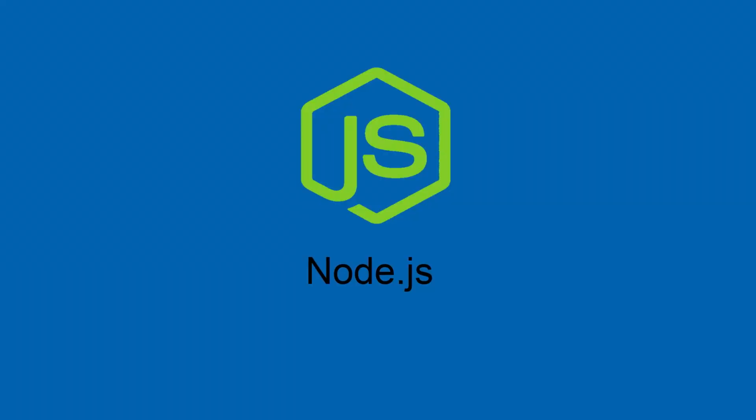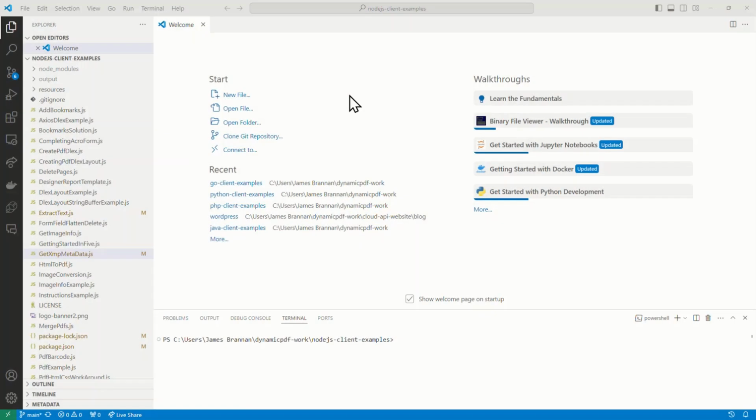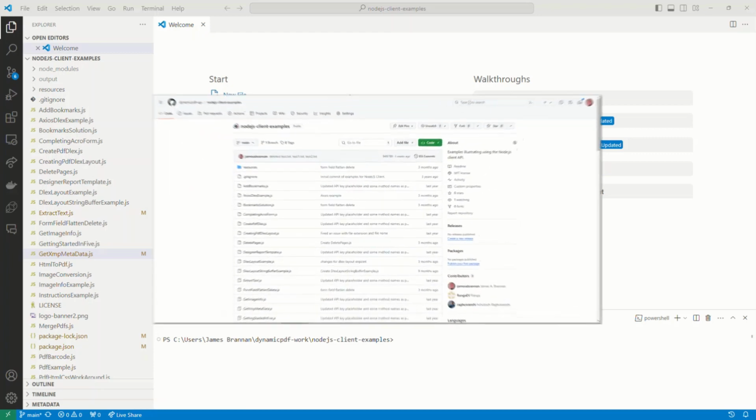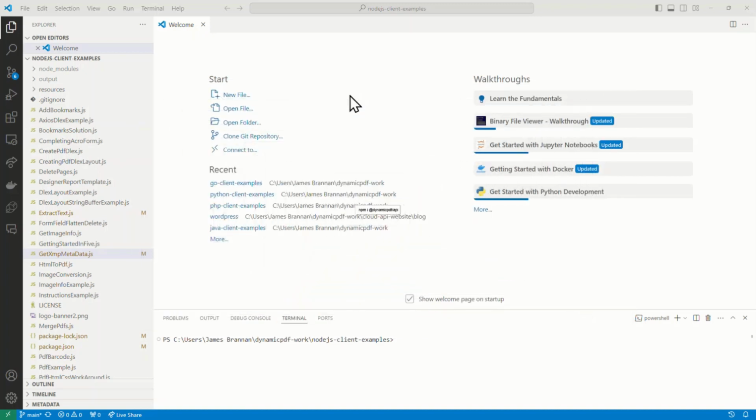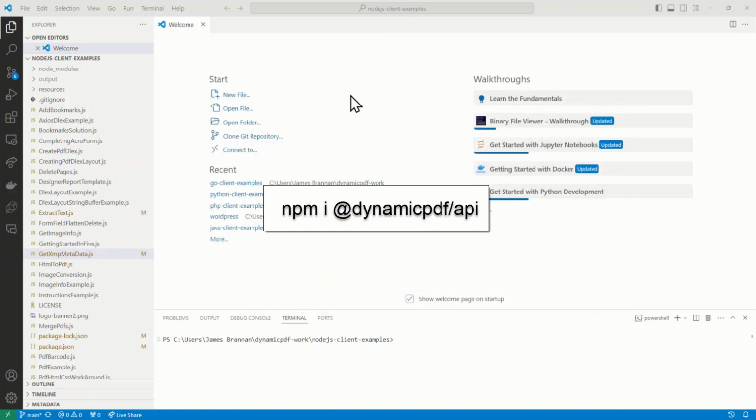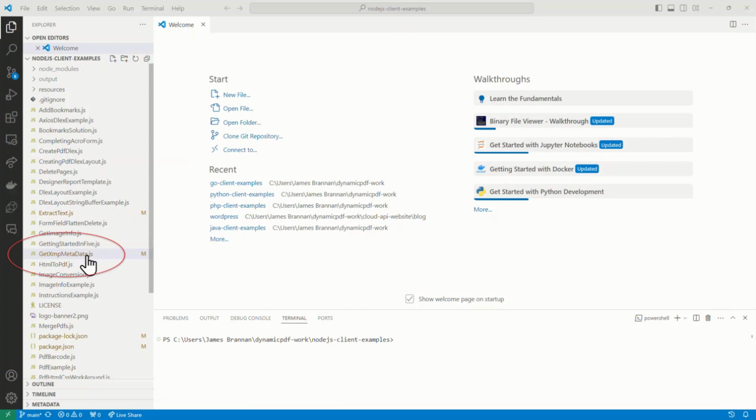Let's consider the example using the Node.js client library. I assume you downloaded the Node.js client examples project from GitHub. I also assume you obtained the client library using npm and that you have the project opened in Visual Studio Code. Open the